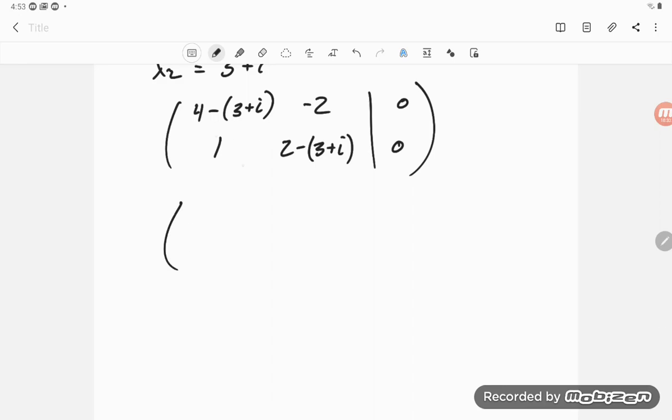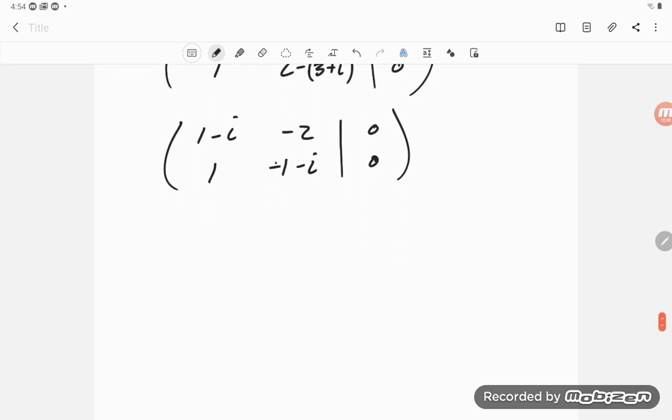Again, just simplifying, I do get a 1 minus i. Get my negatives right this time, 1, and I get a negative 1 minus i, 0 and 0. And once again, I'll swap those two rows, so 1 minus i,